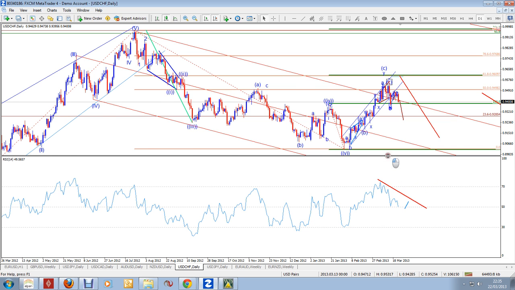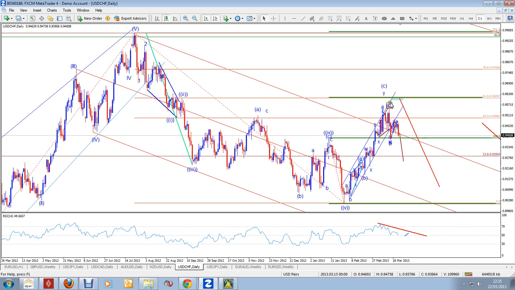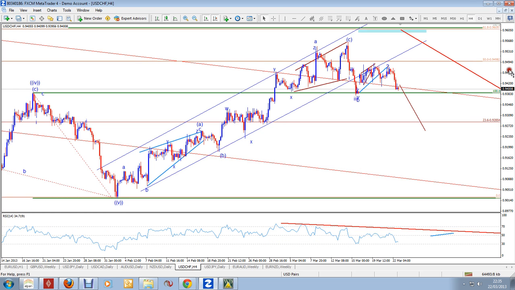Okay, so I seem to get the idea that perhaps the dollar index has topped and US dollar Swissy has also topped. If not, then we may be in a complex sideways correction and we will see one more drive up before we are ready to come down. But the fact we've come out of this rising trend channel, to me, seems to suggest that we've probably seen the upside,